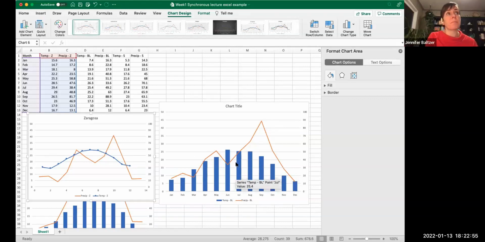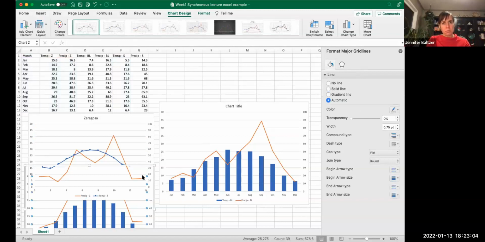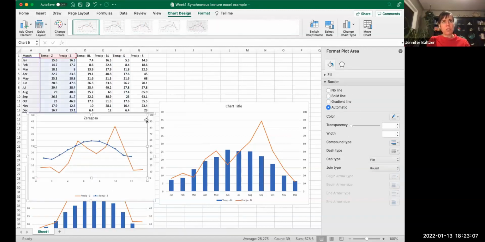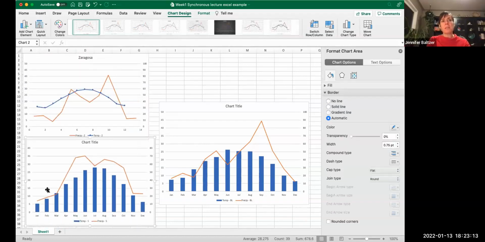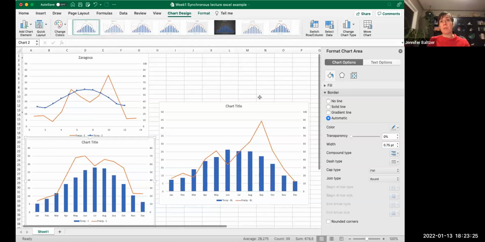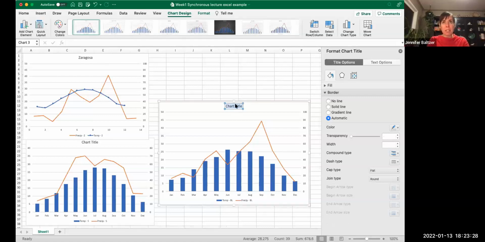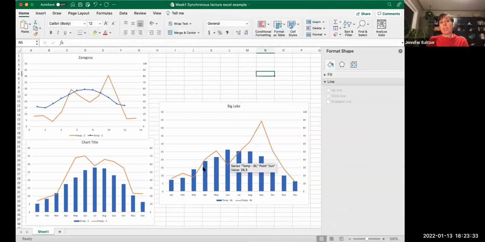Or double click on the edge of the axis. Yeah, that's great. So definitely not as wet as, oh gosh, that didn't work. Undo that. I'm just going to move this one up here and move this one up here. This site doesn't have precipitation in excess to the same degree as our other site. I'm going to title this Big Lake. But Big Lake has more excess precipitation through more of the year than does Zaragoza.